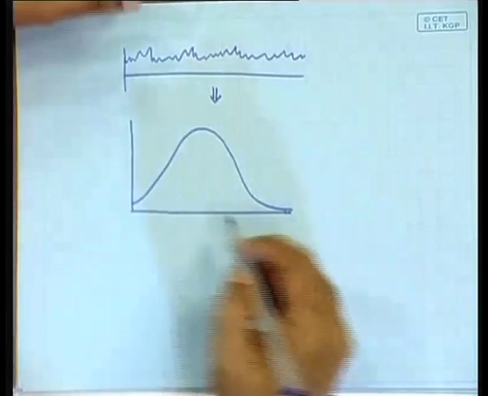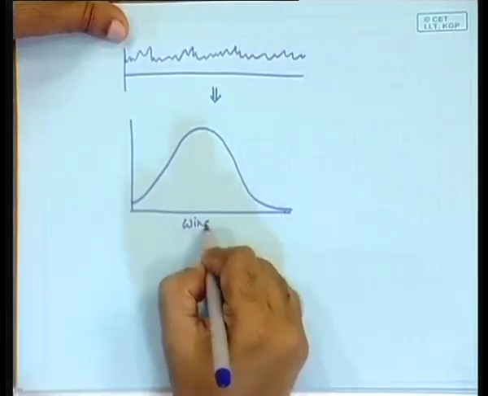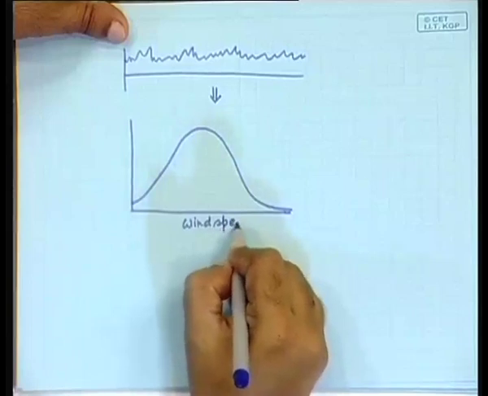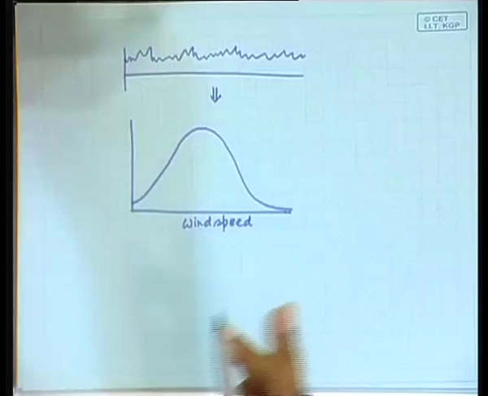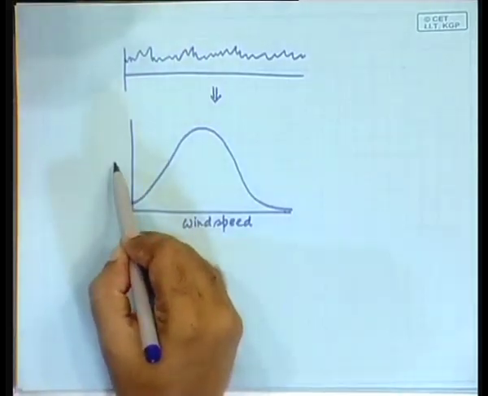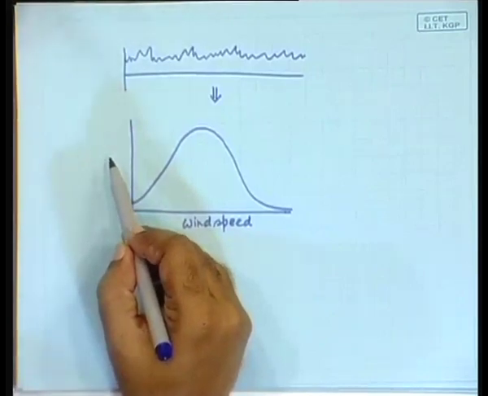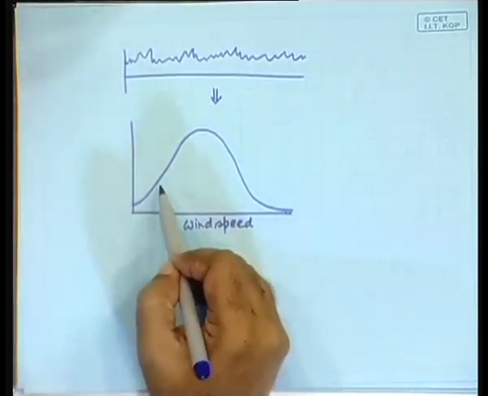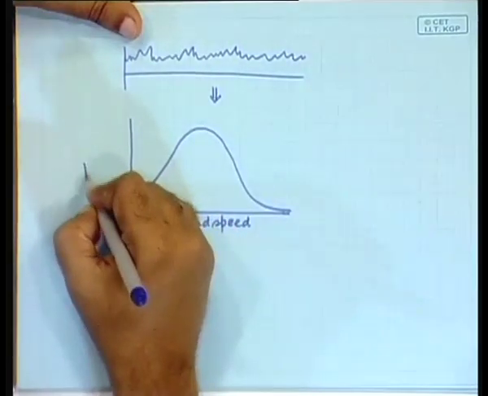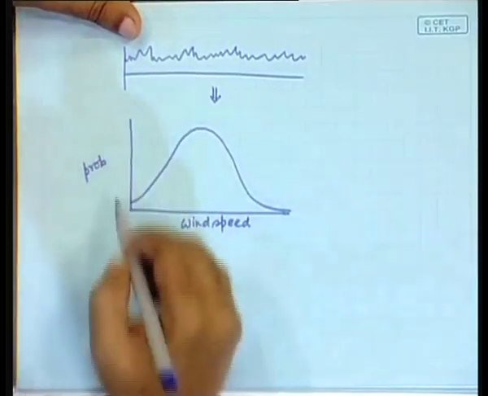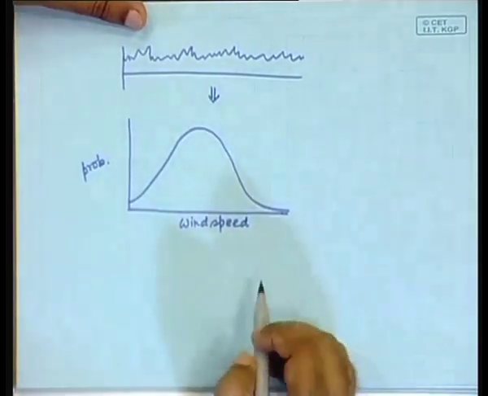wind speed distribution characteristics, that is your wind speed here, and in this axis it would be what? There are two possibilities, either it could be the probability or it could be the number of hours in a year for which this wind speed was prevailing. So, let us go ahead with the probability as the y axis. Now, from there